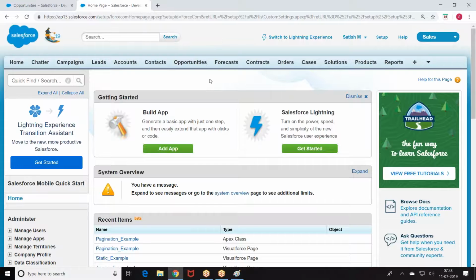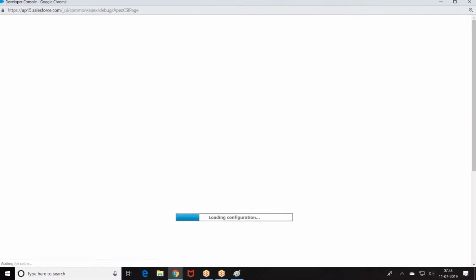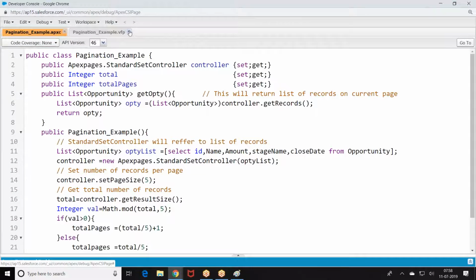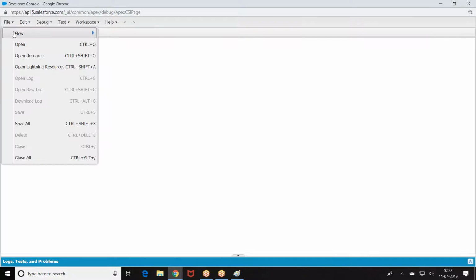So now my point is, I want to fetch all the tables which are there in the database. I want to get all the objects which are there in the database. So how do you get metadata?